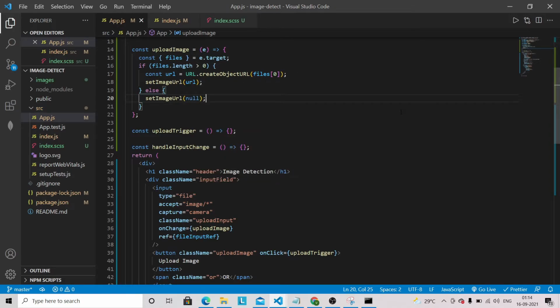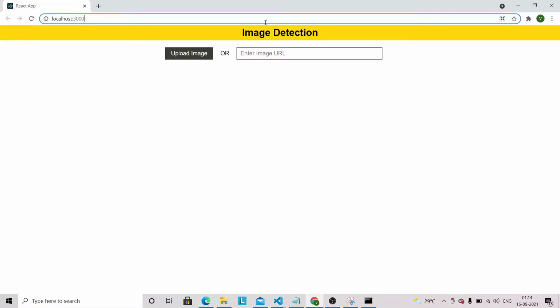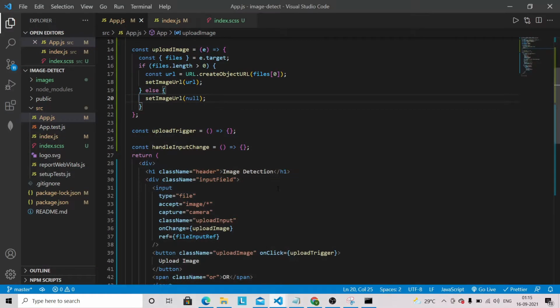Okay, and let's see whether it's working or not. So let's refresh this application. Let's click on this upload image. So okay, we need to work on this button as well. So on the button we have one method here, upload trigger. Okay, so we need to define this logic as well.